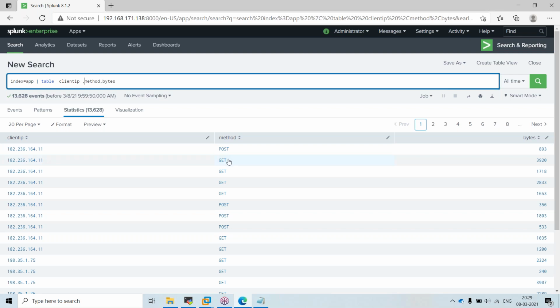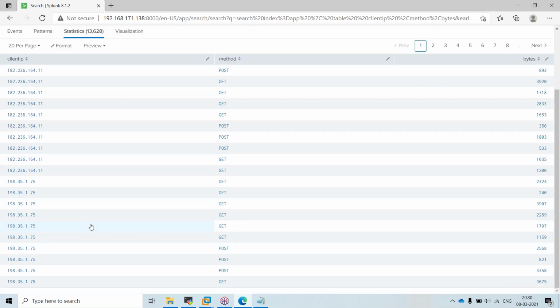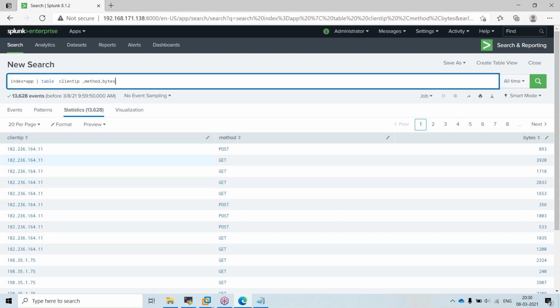From this IP, for the get method, this much are consumed. It will give duplicates because it will search every event. So we can do dedup and all those in future. There will be some commands. First, we'll see these basics, like table, which puts the data like this.